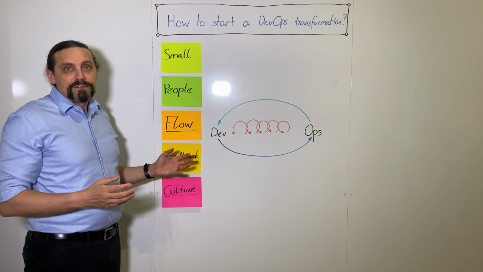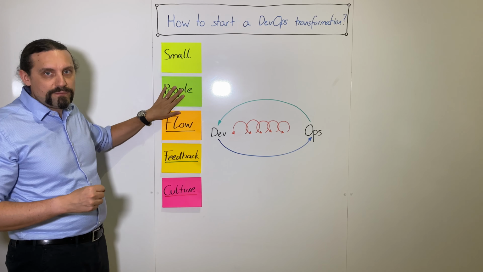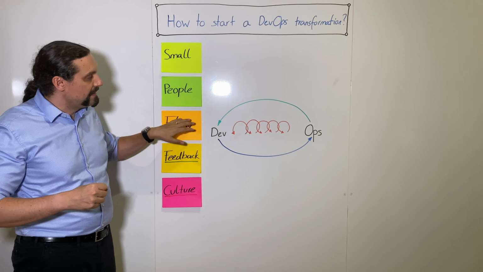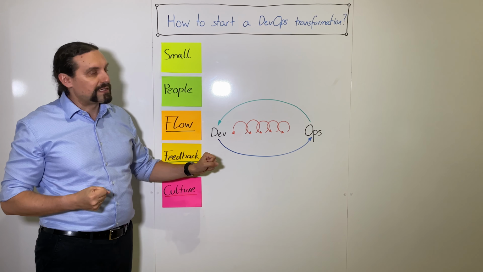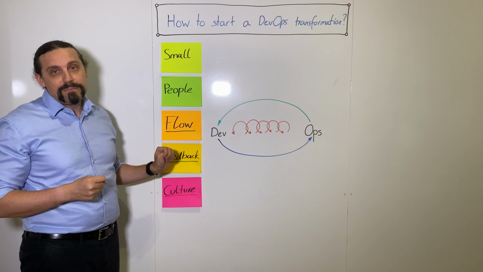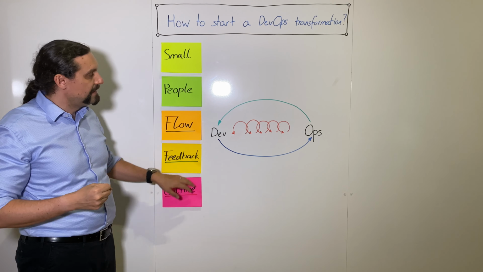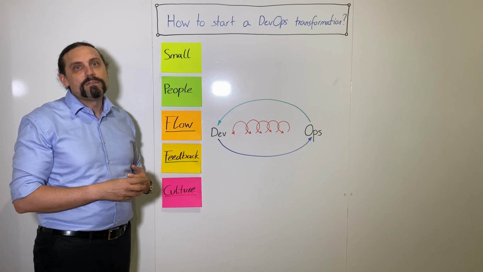Doing a DevOps transformation is no witchcraft. You need to start small, focus on the right people, choose the right people, then bring value as fast as possible into production to the client, get feedback from production and from the client, and work on a continuous improvement culture where you have a long